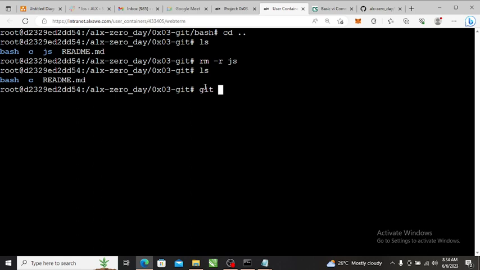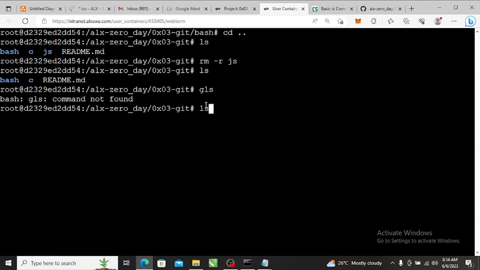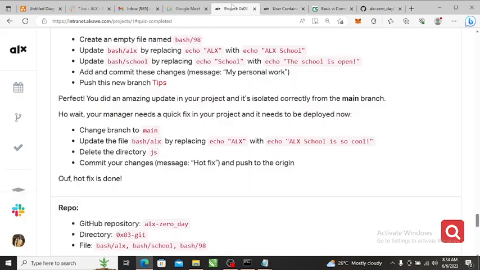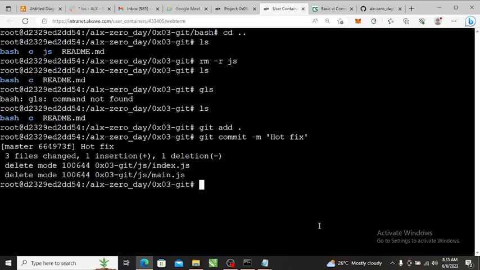So git add dot. What we are doing is trying to add everything that we've done here. All our code is inside this place, so we can just do it from here. So we do git add dot, and then git commit. Our commit message should be alt fix, I guess, right? Let me just check. Alt fix, good. And then enter, and then git push